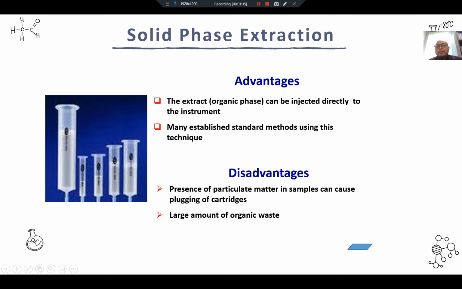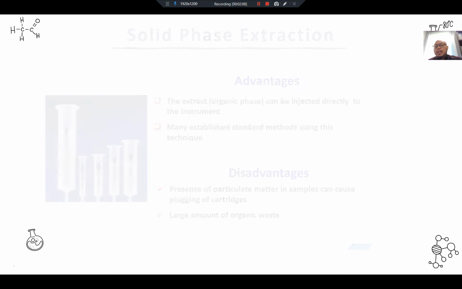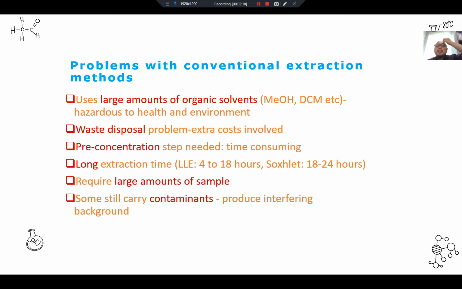And then of course another disadvantage of SPE is you still use a large amount of organic solvent, because you need to condition, you need to wash, and you need to elute. So we still use a large amount of organic solvent. That's why in the next part we will look into modern alternative techniques, which counter the large amount of organic waste. We want to reduce that, because sometimes organic waste